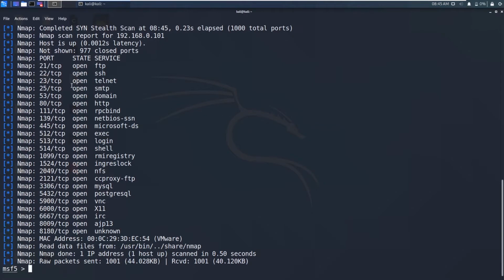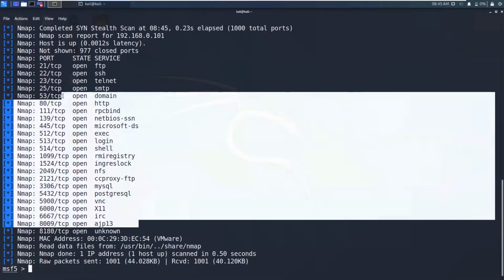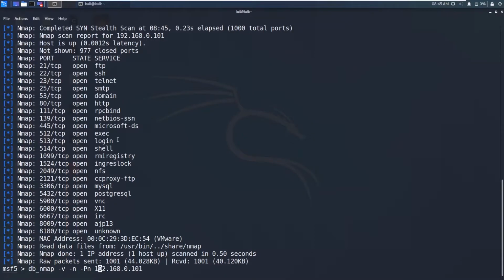So as you can see, this is exactly the same as Nmap. We can see all the open ports. You can also scan the services using the -sV option.